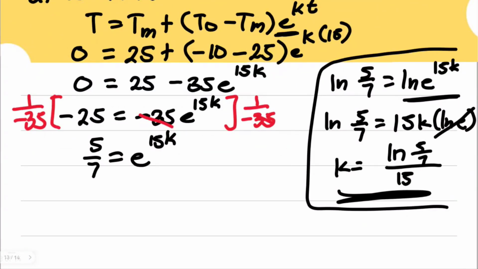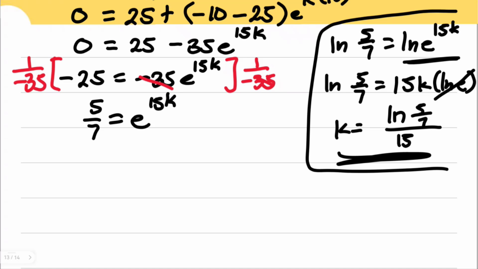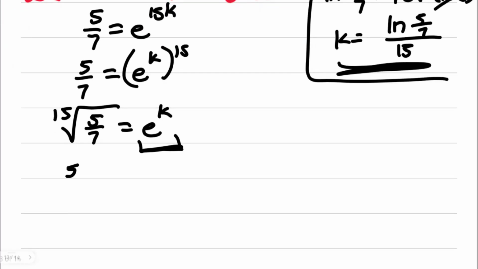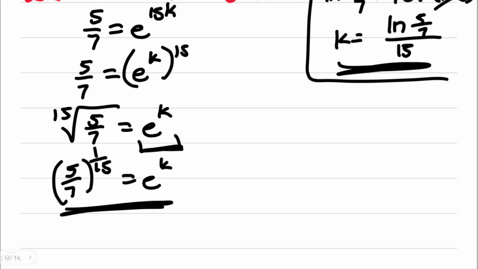And it's easier for me to substitute that in the same equation when I look into the second situation now. Instead of having the natural logarithm of both sides, I will still have 5/7. Of course, this is equivalent to (e to the power of k) to the power of 15, right? That's the power law for exponents. If we take the 15th root of both sides, I will have e to the power of k. That's already my task here. Now, take note, I can rewrite this as (5/7) raised to the power of 1/15 for e to the power of k. I'll be using this instead of the other form, which of course gives the same result.